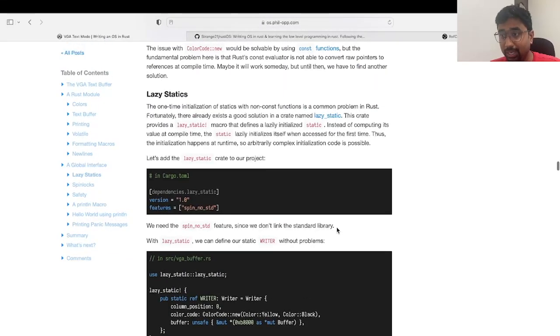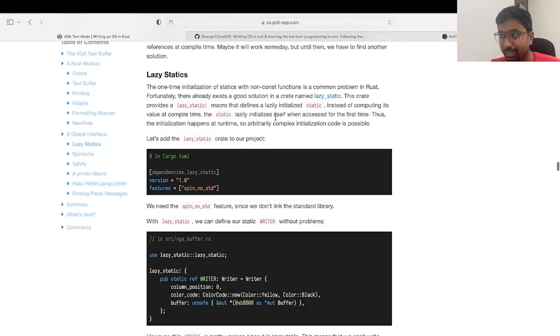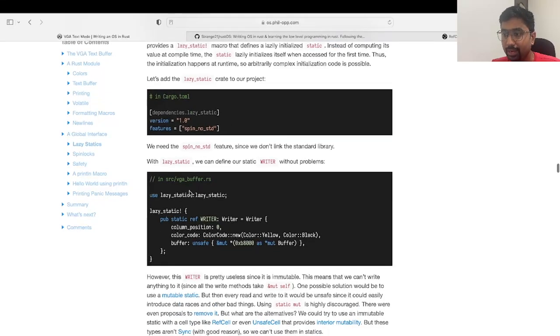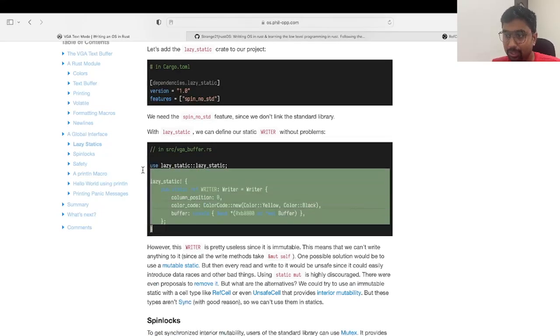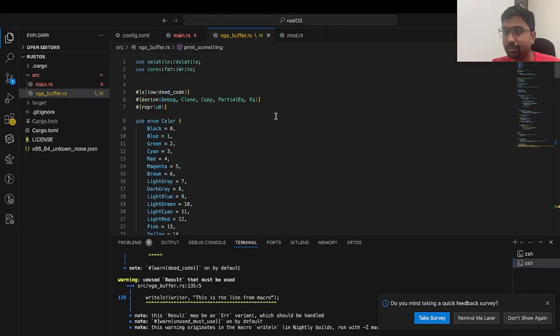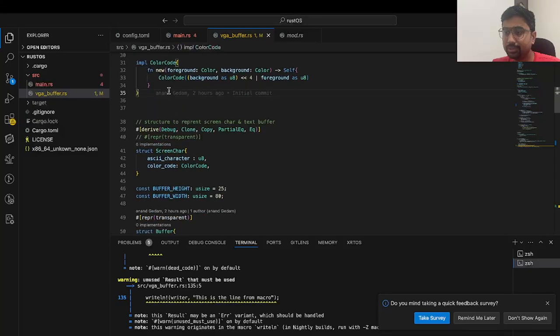In order to get to that particular point, we have to first initialize our struct. For that we are using lazy_static, and this is how we import the dependency lazy_static with version 1, and then we initialize our struct globally with this particular code. So let's use this code and go to our VGA buffer. Here it will be initialized as a pub static. Okay,